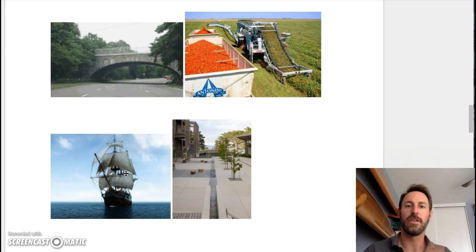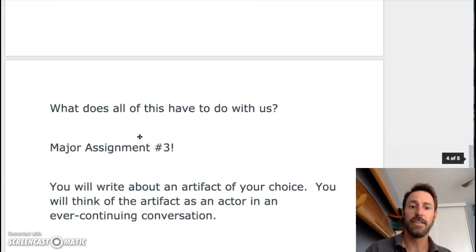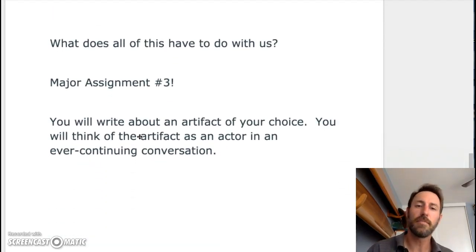I want you to start to think about how these sorts of objects and artifacts in our culture are actually participants in the cultural conversations that we have. And why? Well, because this is what you'll be doing. In project number 3, I'm asking all of you to choose an artifact of your choice and to think of the artifact as an actor in an ever-continuing conversation. And so with that, I invite you to take a look